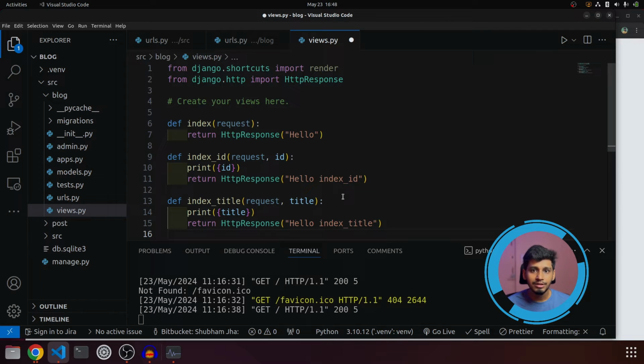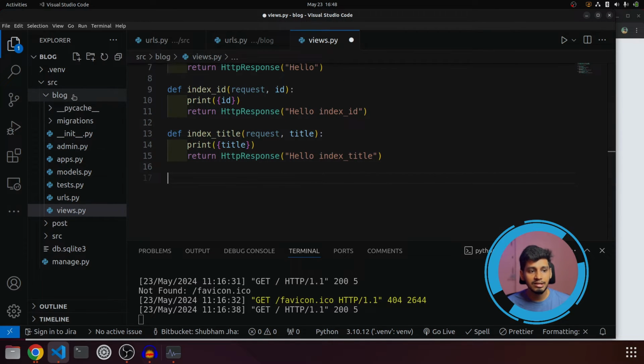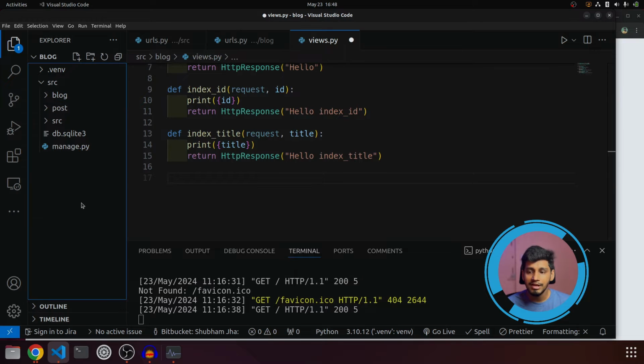So how about if we want to display an HTML file that loads dynamic data, how do we do that? For that, why don't we go ahead and create our HTML file first, and then do all the configuration related to it. For that I'm going to create a new folder. Actually let's create it inside here. I will call it templates. Inside templates we are going to create